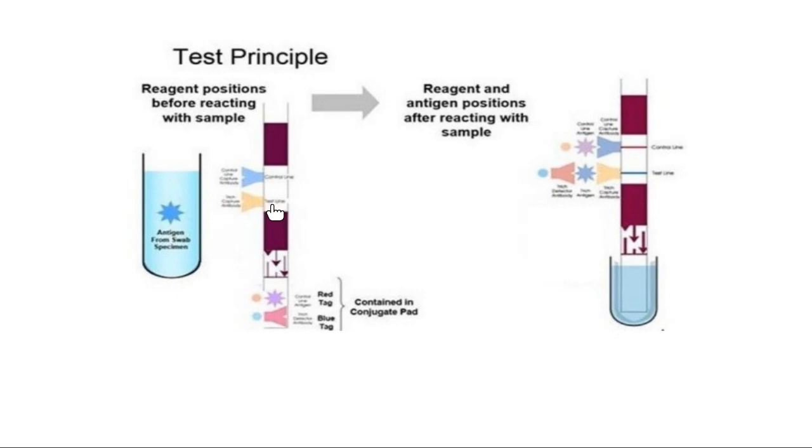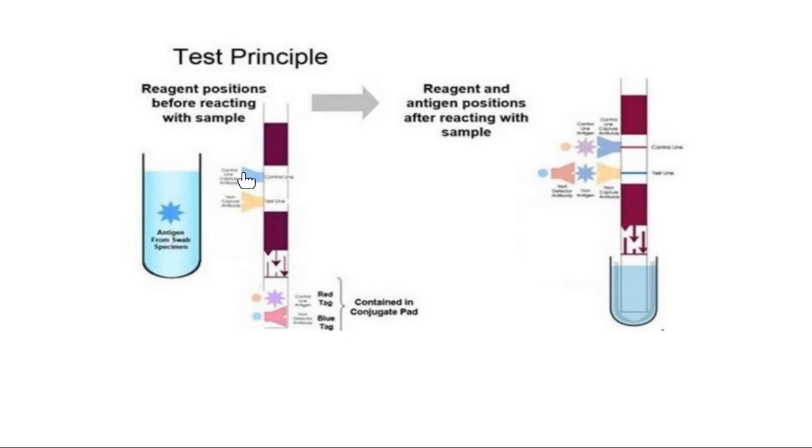Okay, so here at this place the streptococcal antibodies are present. So if the patient is coming with a sample and the sample contains the streptococcal antigen, it reacts with these streptococcal antibodies. So here you find a color, a band, a color line. Okay, it means the test is positive. It means the specimen contains the streptococcal antigen or streptococcal bacteria.